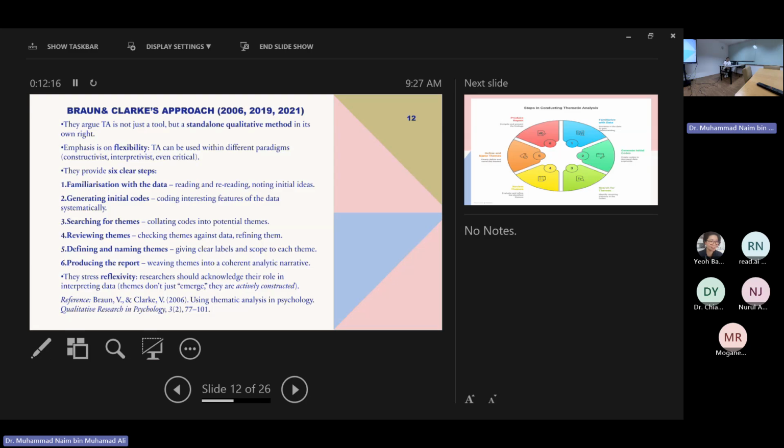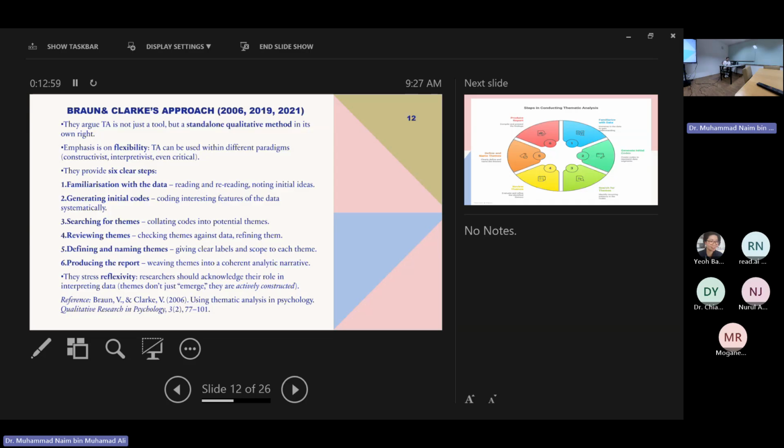First, familiarization with the data. Of course, you as an interviewer, you are the tool. You have to familiarize yourself with the data. Meaning, during the interview, you have to capture all those highlighted points or issues, and then find those highlighted points in the transcript throughout the interview. Familiarize yourself, meaning you go through the transcript over and over again to understand that you have the same interpretation with your respondents or informants.